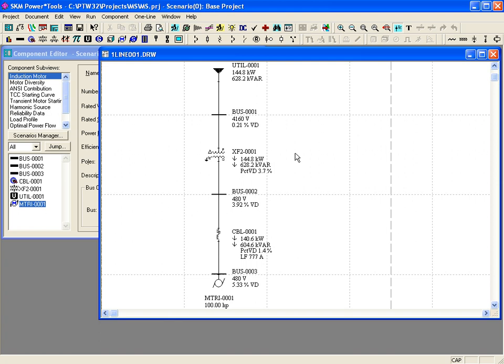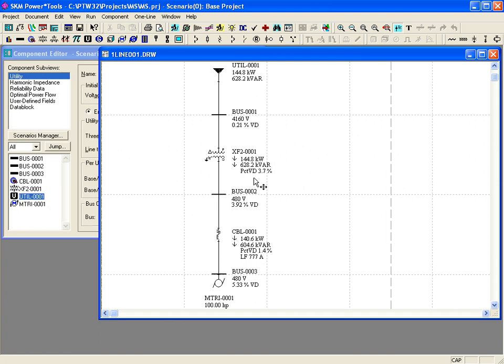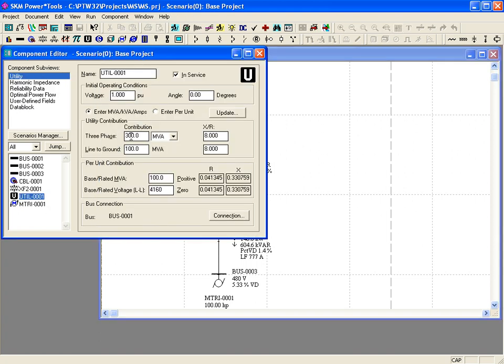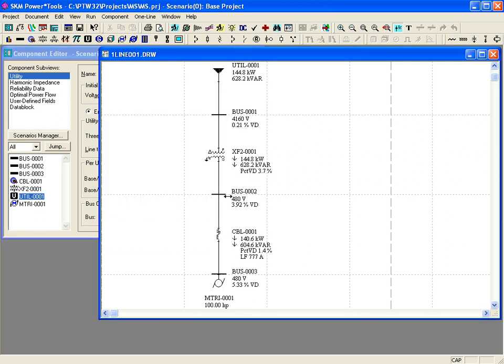This represents the state of the system when the motor first starts, assuming a full voltage across the line starting method. If the system is fed from a standalone generator or a weak utility source, you need to pay close attention to the initial source voltage before you start the motor. For example, if we assume a weaker utility source of say 30 MVA versus 300 MVA and add additional load that may be served by the system,